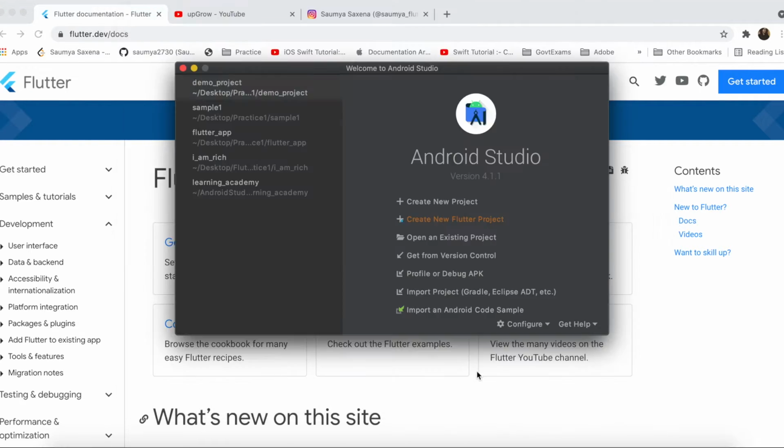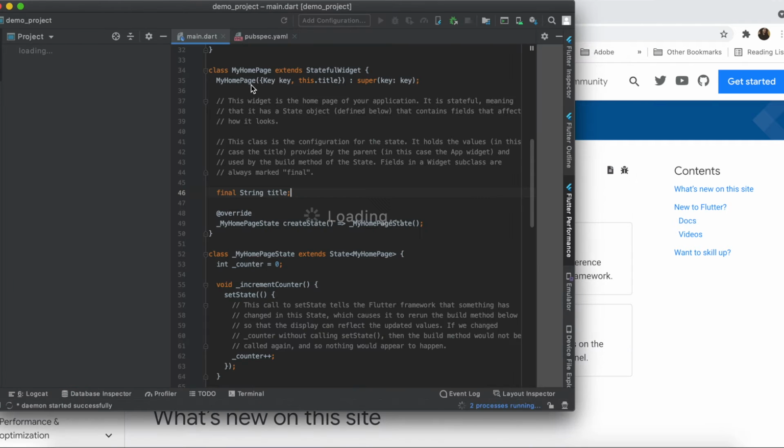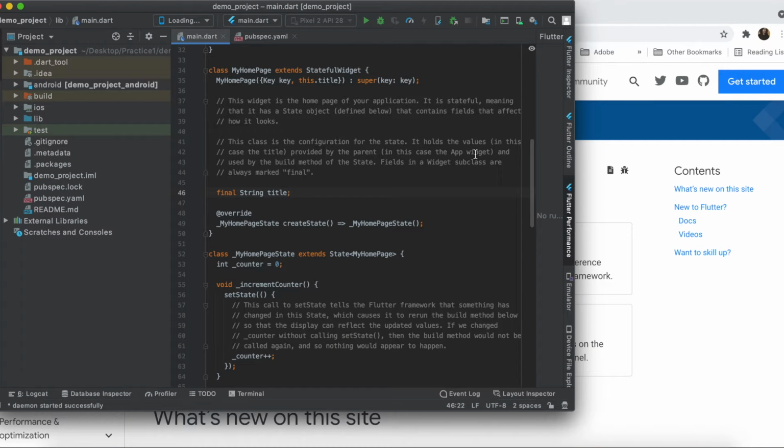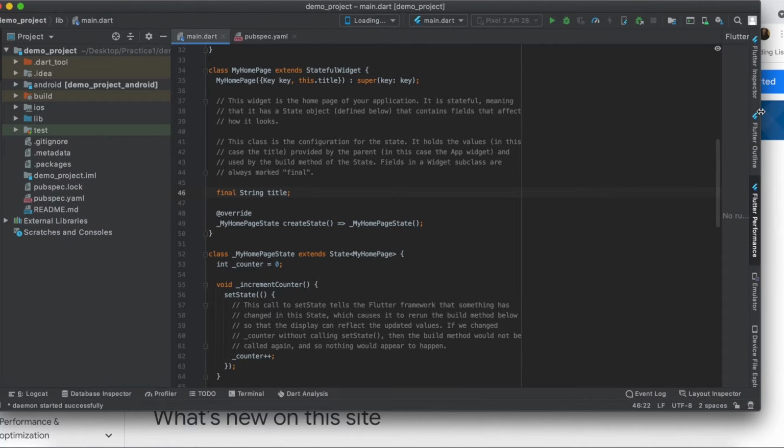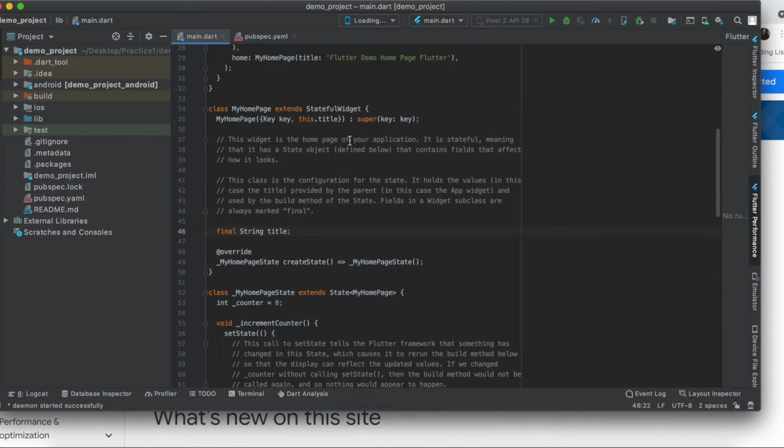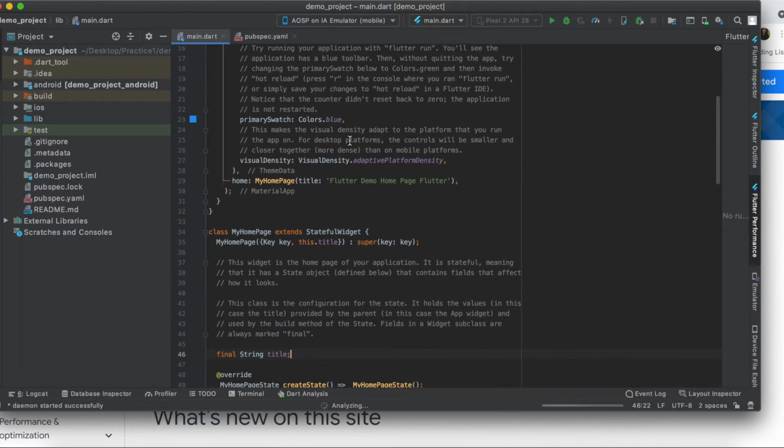I have already created one project, so this is the demo project. When you click on finish, you'll get this kind of project in your IDE. Don't worry about this code. This is very simple. I'll explain it in the next videos.